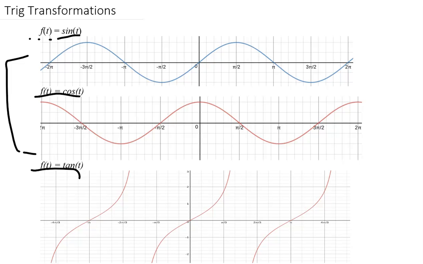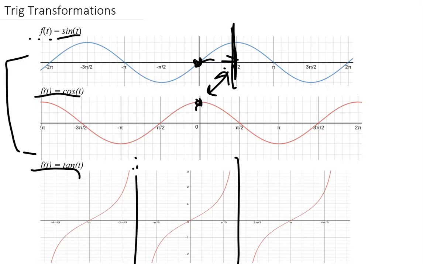comparison between sine and cosine. You can see obviously that sine and cosine are very much related. The only difference would be, as we were talking in class, we have a phase shift of 90 degrees. So if we would shift sine over and start here, we would see that it's going to actually be a replica graph. And then tangent, of course, is its own monster, where we've got vertical asymptotes where in both